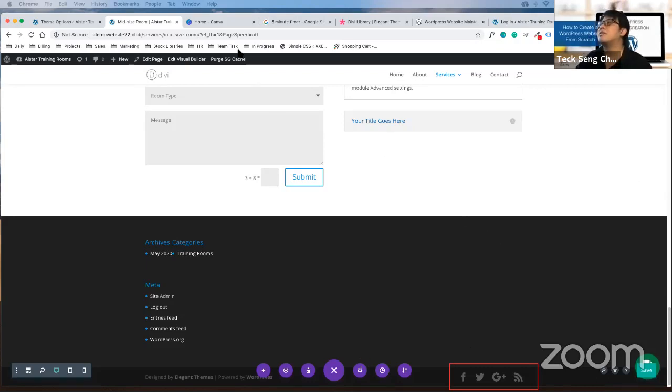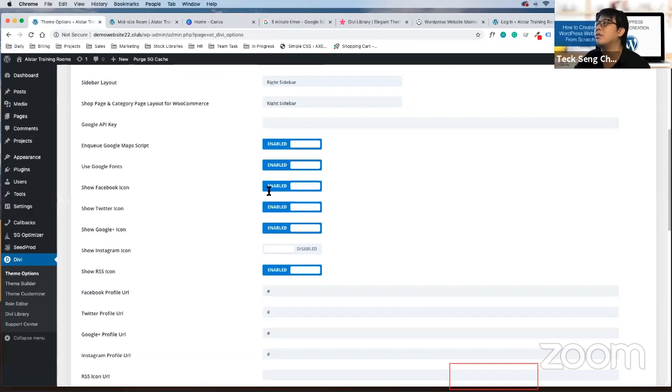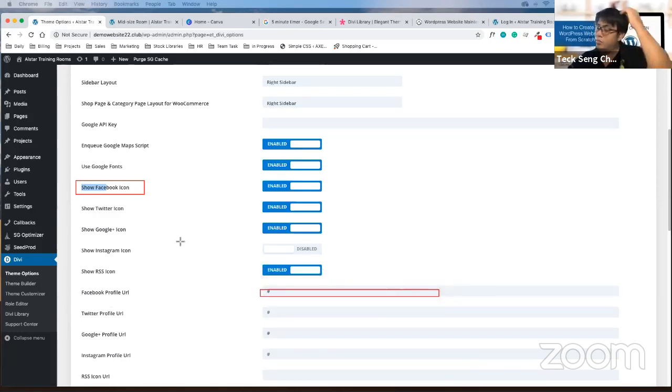Oh, so basically the option is selected based on this area. Okay. So for example, if you select Facebook over here, your Facebook profile URL, you can put it over here so that they will link up the Facebook.